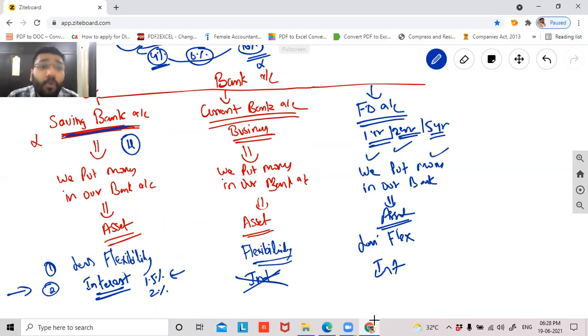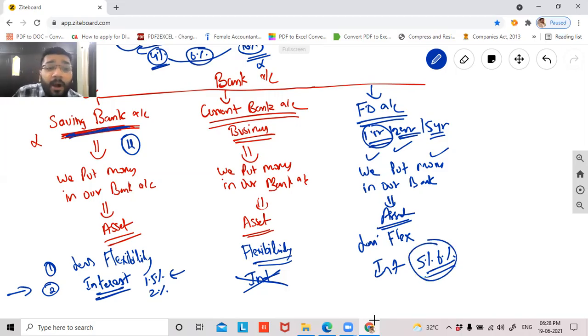In FD I'll get more interest. Let's say 5%, 6% interest. Why? Because when you put the money, you're putting it with a promise that I'll take this money only after 1 year. There's a lock-in period of 1 year. You're locking your money for 1 year, 2 years, 5 years. So the bank feels that, okay, this person is giving me the money and I can use this money for the next 1 year, 2 years and 5 years. So he can rely on this and give the money to the businessman and earn further interest. That is why he's offering more interest.